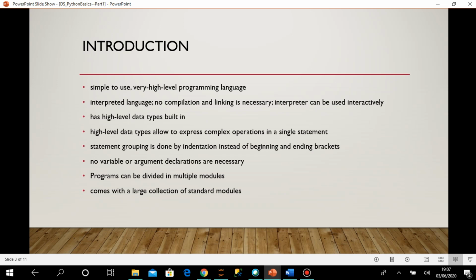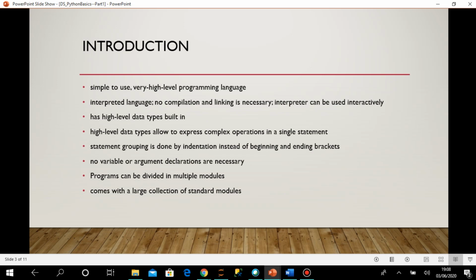As we move on with data science, you will see how Python is very useful for implementation of different algorithms and functionalities. But before that, it is important that we should be familiar with the language. So that's why we are going to have a few sessions on the basics of Python.